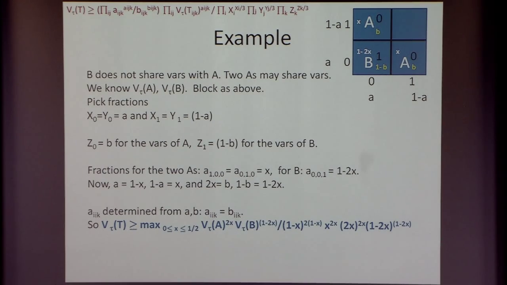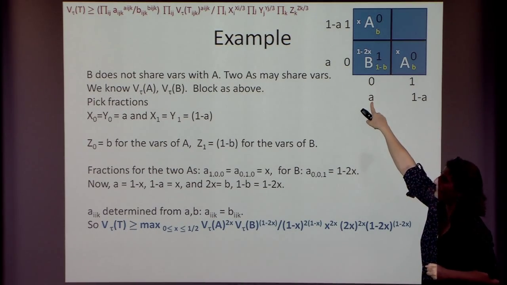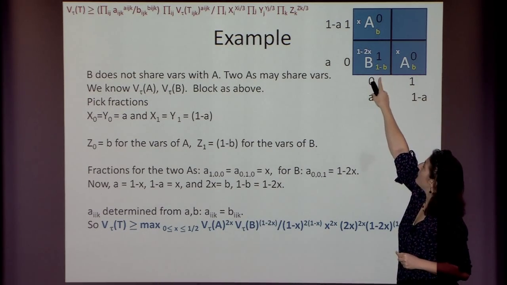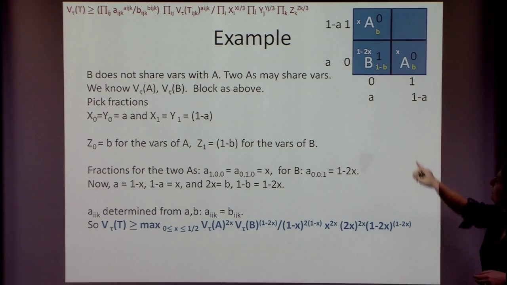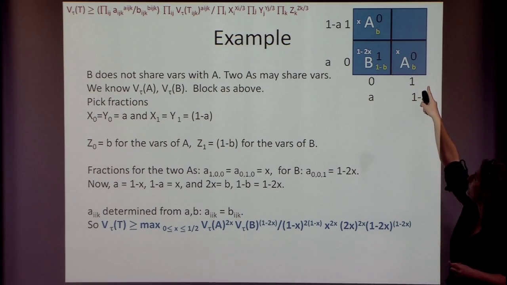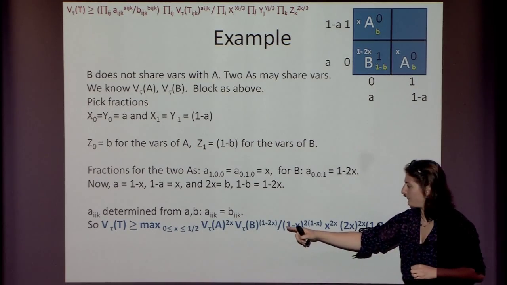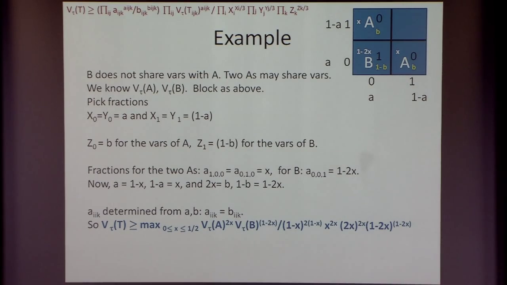So this is the structure, and then you perform the blocking, you get that it's a valid blocking, and then you do these fractions, you get the linear system from the fact that when I pick this fraction, the fraction of B and A that are in here has to sum to the same thing. So it's A is 1 minus 2x plus x. You can get the same for the fraction of B, which equals 2x, because there's 2 copies of A. And then you see that this thing has full rank, and then you just apply the formula. You get that the value is this, and actually I forgot the 1/3 fraction here, which comes from symmetrization.